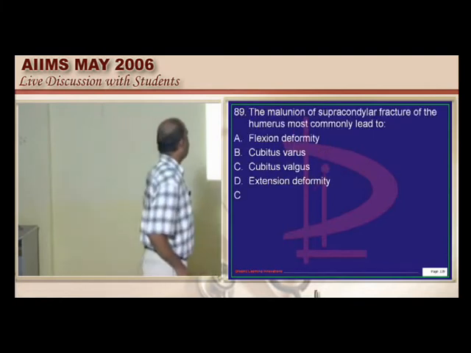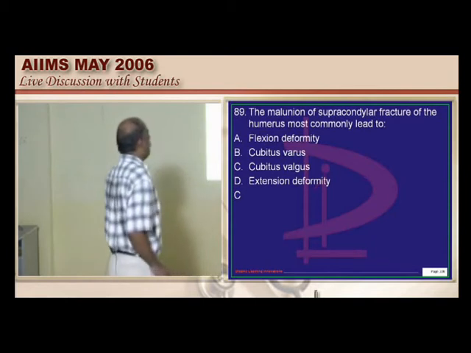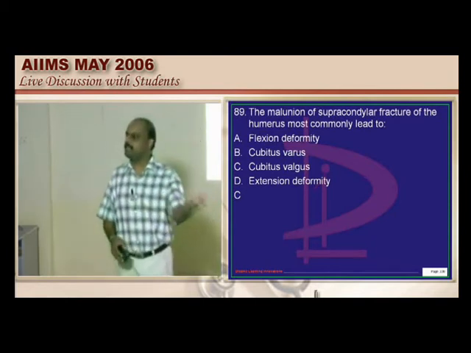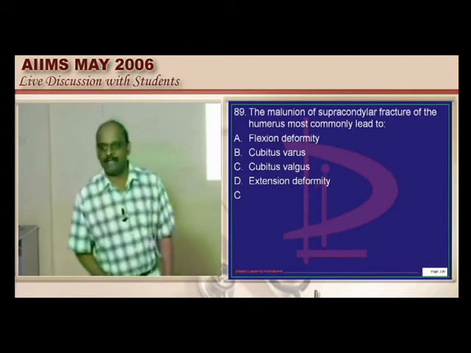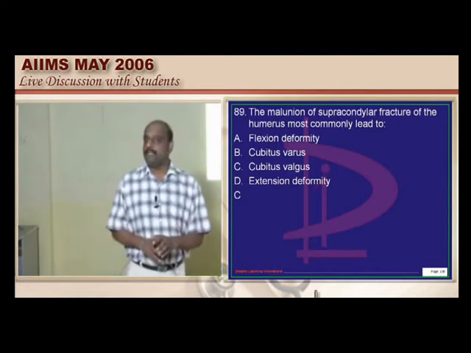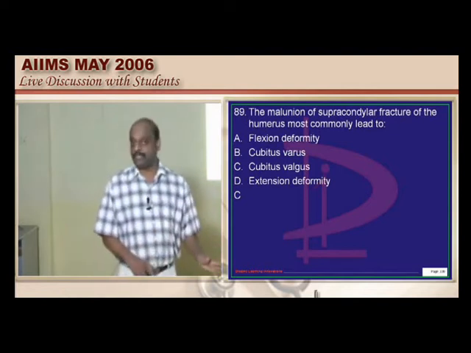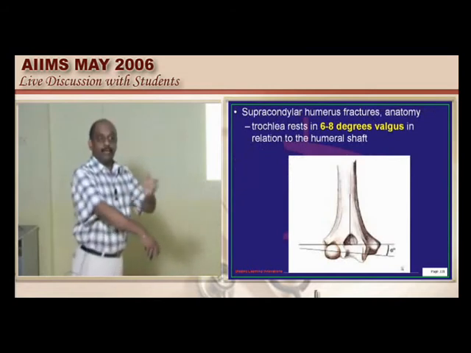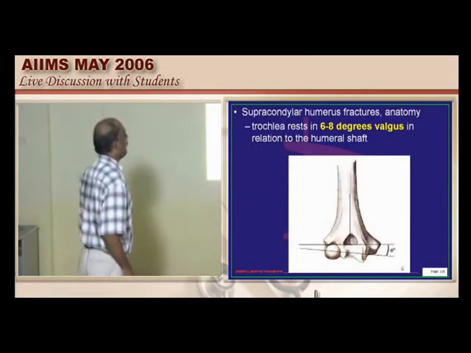Supracondylar fracture of the humerus, typically malunion leads to which important abnormality? Already we discussed orthopedics previous questions from the past 7 years. At least more than a dozen times there was a question on supracondylar fracture, which you are going to revise today itself. So there is a reason: there can be a cubitus valgus deformity which can occur, is what needs